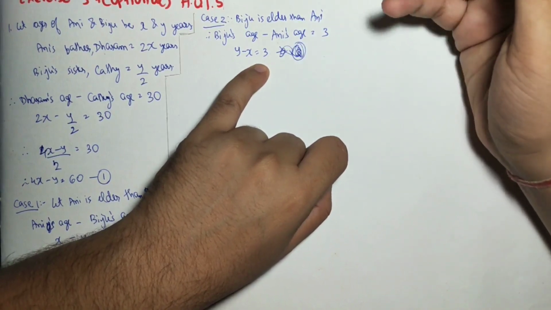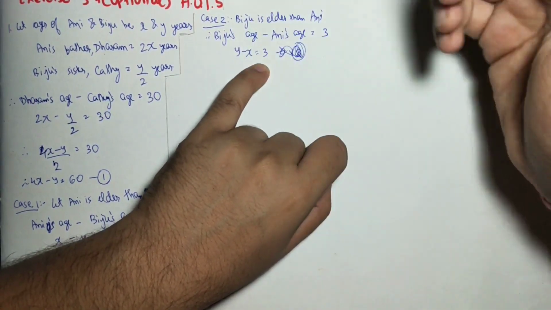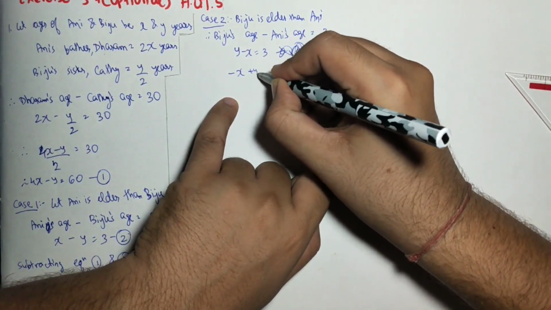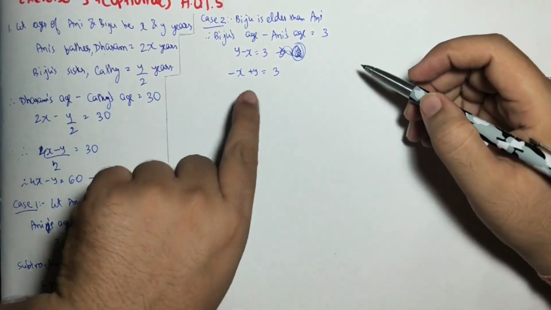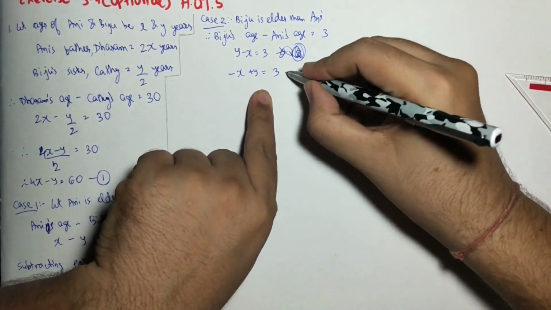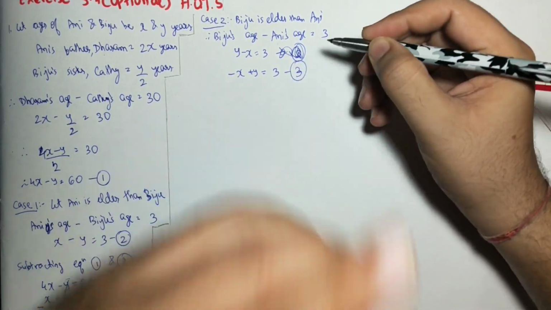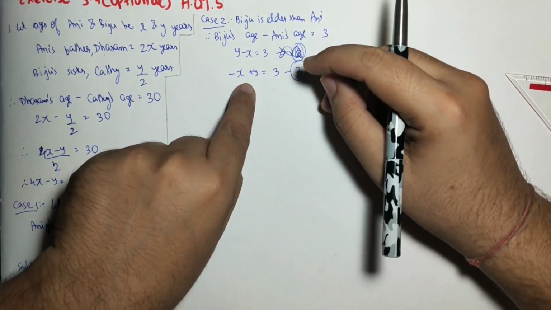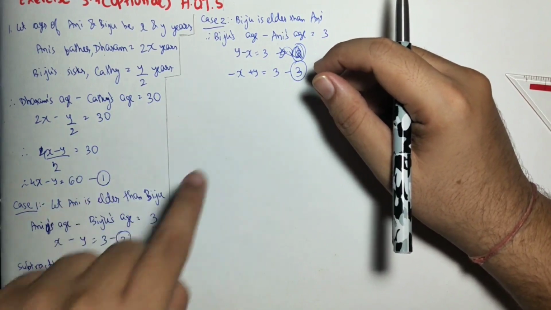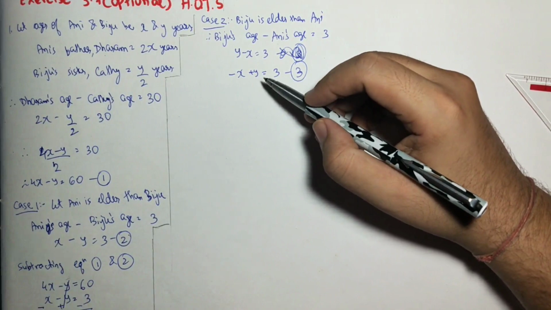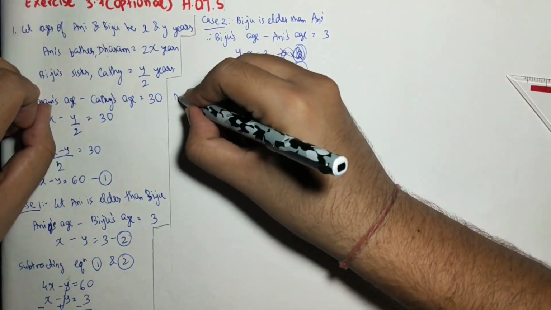As we know that we require x in the first place and y in the second place, if I just rearrange it, it will become minus x plus y equals 3. The negative sign should remain with x and y should remain positive. This is my third equation. Why have I kept the equation this way? So that I can easily eliminate this. See, y here is negative, y here is positive. You can directly add equation 1 and 3.